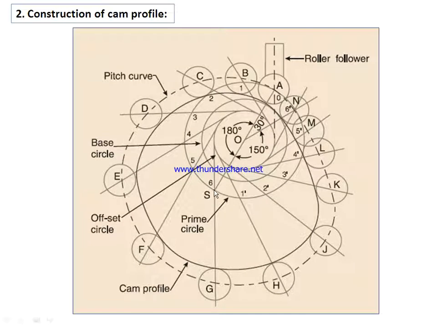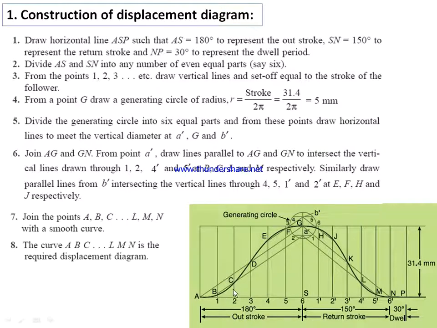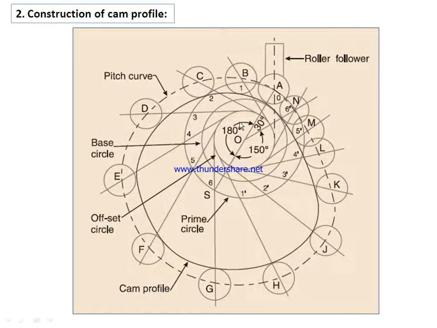Then after that, the return period. Again, with respect to this, measure 150 degrees and divide this 150 degrees into 6 parts and mark them as 1 dash, 2 dash, 3 dash, 4 dash, 5 dash, 6 dash. Right? Now, from the points 1, 2, 3, 4, 5, 6, you measure these distances 1B, 2C, 3D, 4E, 5F, 6G, and transfer them on these corresponding tangential lines, right? All these are taken from